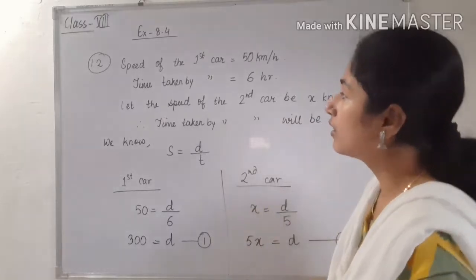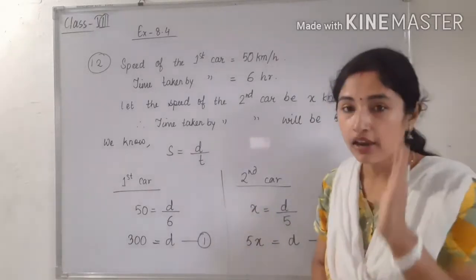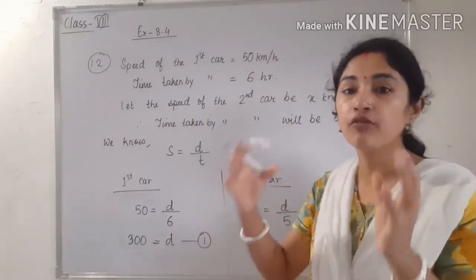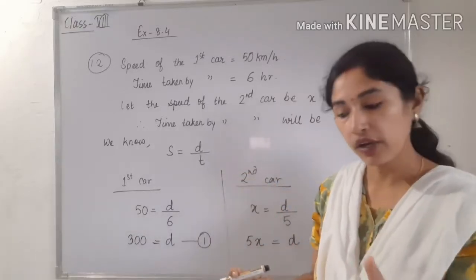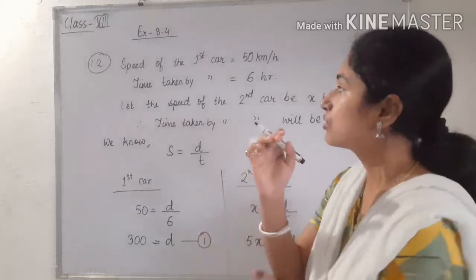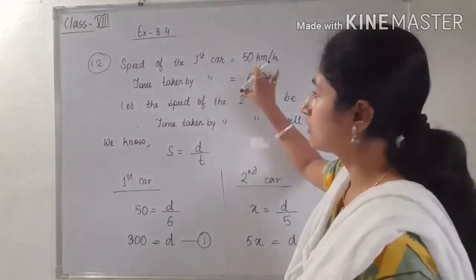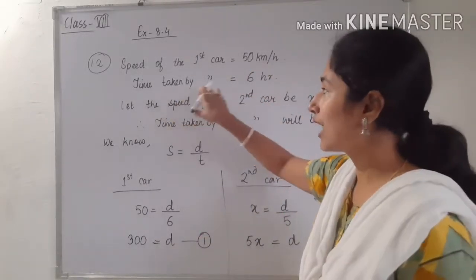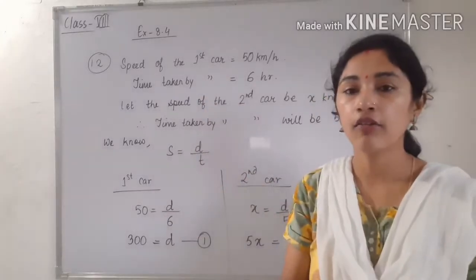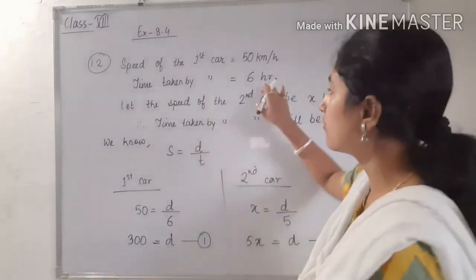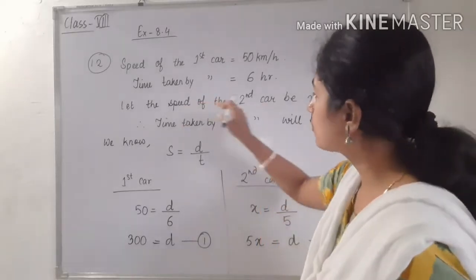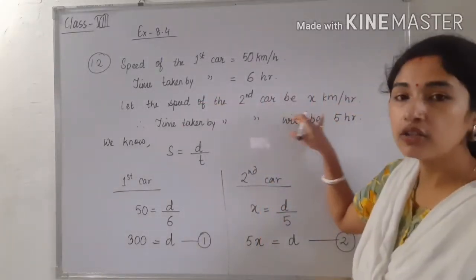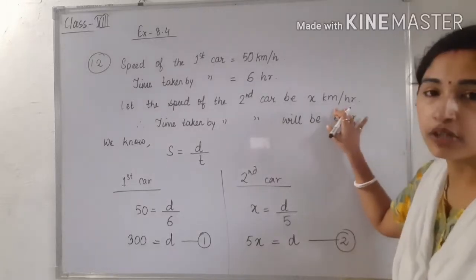Okay, so see here what is given now. From 11 a.m. to 5 p.m. we have to make the condition, we have to form the equation from 11 a.m. to 5 p.m. Okay, so see, speed of the first car, this is given. So we have already found the time taken by just counting from 11 a.m. to 5 p.m. You can easily find the hour. So that is 6 hours. And next, let the speed of second car. We don't know the speed, so we have to take it as x kilometer per hour.